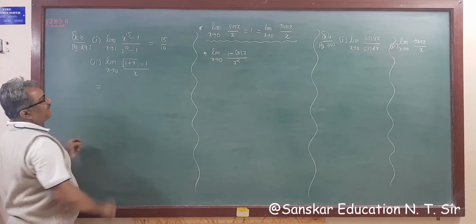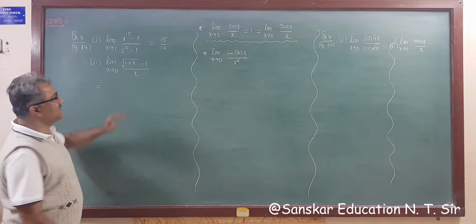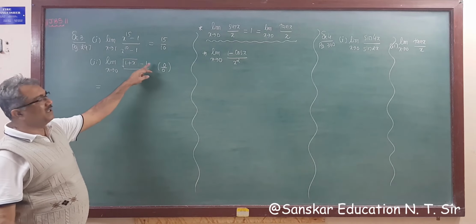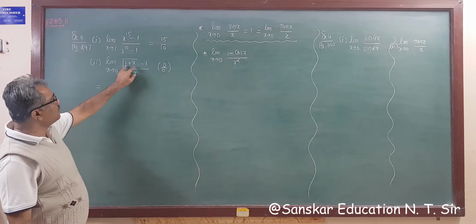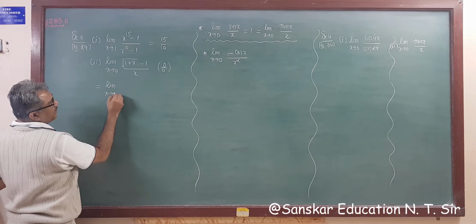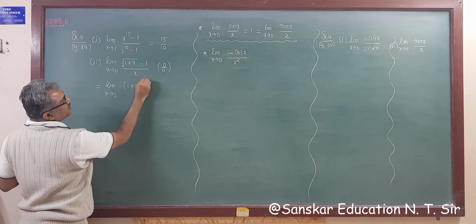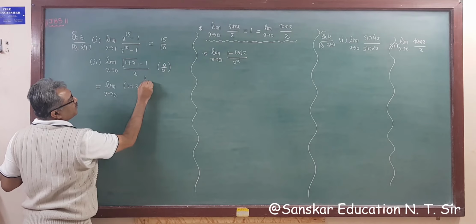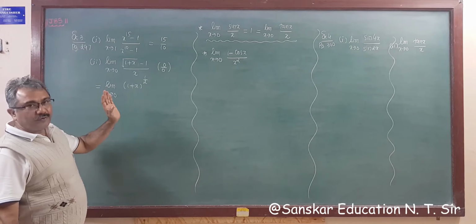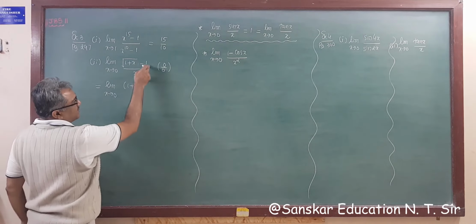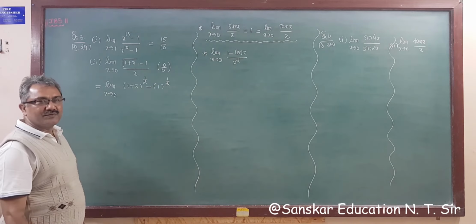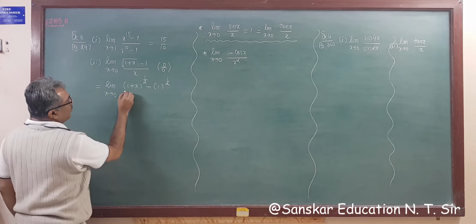So this is x tends to 0, and this is 0 upon 0 form definitely, because here is 0, and 1 minus 1 is also 0. Now this is root 1 plus x. That can be expressed as limit x tends to 0 of (1 plus x) raised to 1 upon 2, that is raised to 1 upon 2. As you know, for the formula we need the same power. So this is 1, so no worry for expressing 1 raised to half, because 1 raised to any power is always 1, whole upon x.